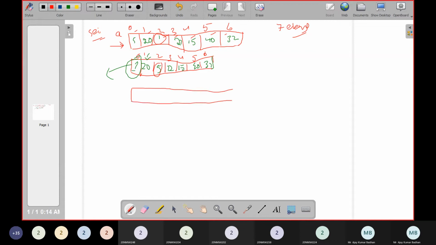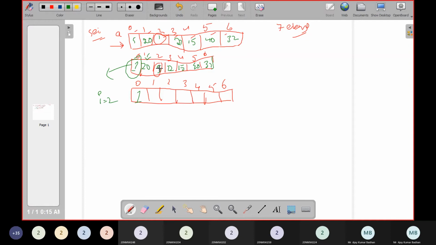So you will be getting something like indices 0, 1, 2, 3, 4, 5, 6. Here what happens is that the first position is already fixed. Now after the second iteration, that is iteration equal to 2, the second pass, the second looping has taken place, the second time the loop is running.